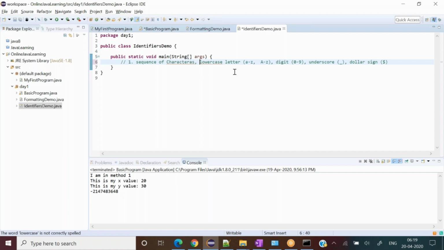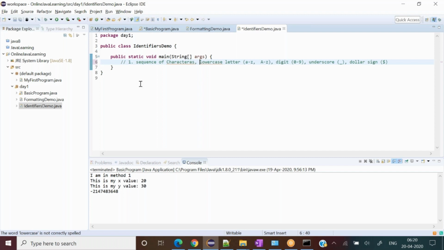So we define some rules, and we take care of those things. The same thing is applicable for Java also. If you are defining a class, a variable, or a method, there are some rules around that, and you cannot go beyond those rules. So what are those rules? We are going to discuss those things.